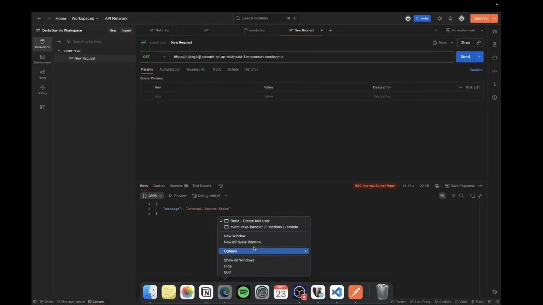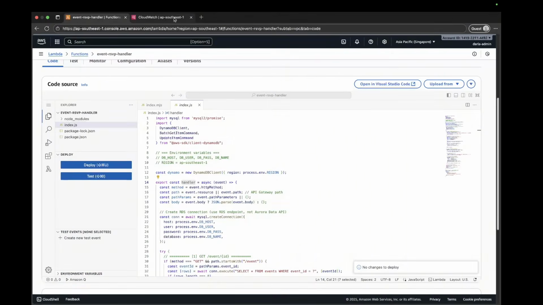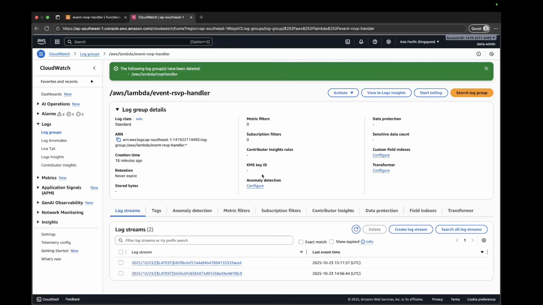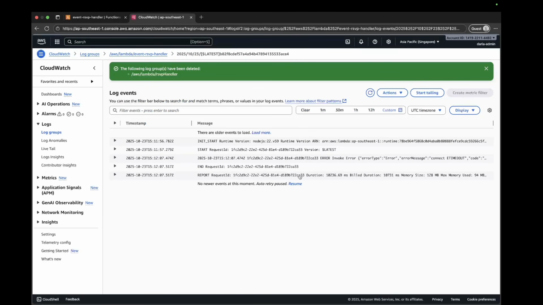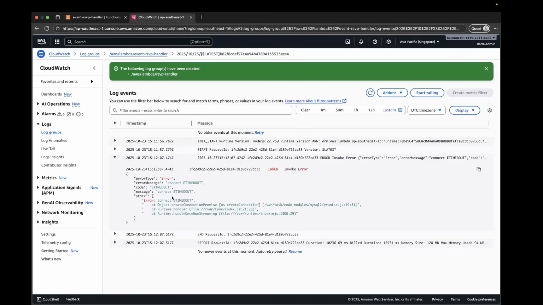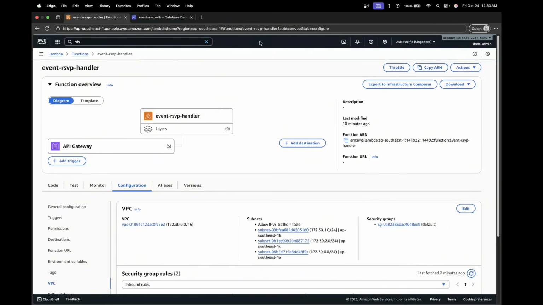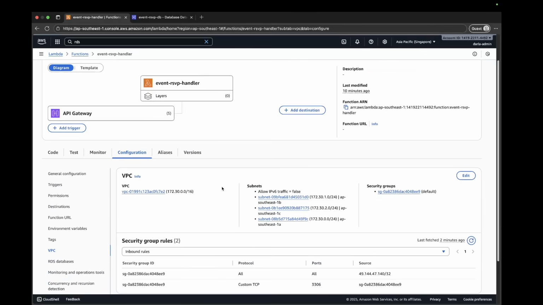So it still shows error. Let's check again why. So we can see that we click send, so that means it triggered the Lambda function. This time the error is timeout. Okay, hold on. So earlier we saw that our Lambda is attached to the same security groups, the same